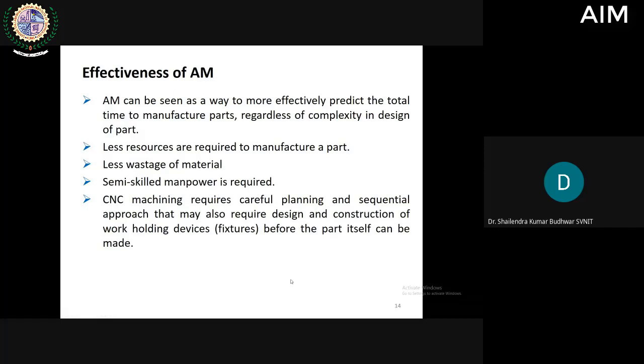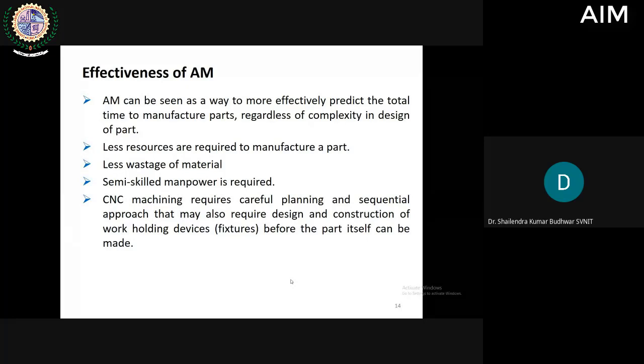So here the main point is that fewer resources are required to manufacture a part. You need only some CAD software through which you can make a 3D CAD model of that part. Then you will need some software for doing the tessellation, means making the layers, then to prepare the G-code file, and then that file is transferred directly to the machine. So fewer resources are required here,